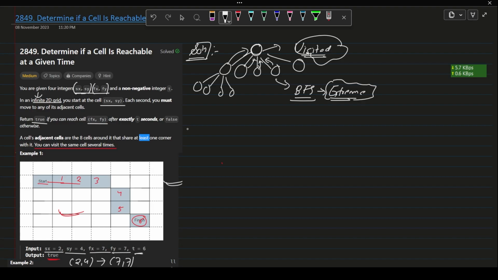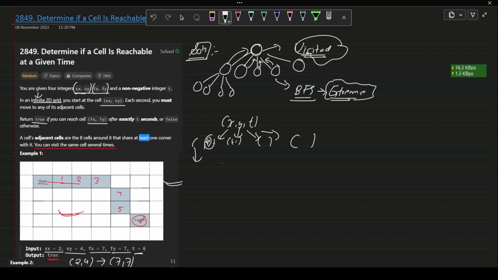So let's take for a moment that we decided to go for BFS. What would we do? You would start with the initial node x comma y, and keep a variable time t, and go down to its respective neighboring nodes, or what we call cells here, and then you would increment by one, like t plus 1, t plus 2, and so on,